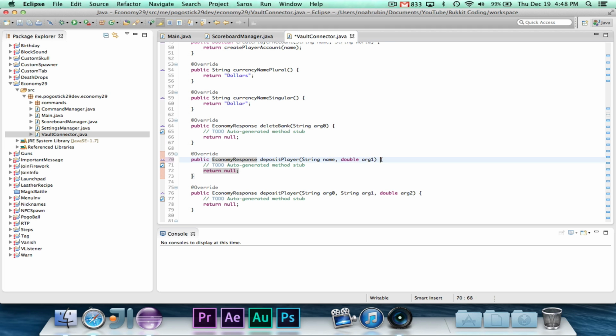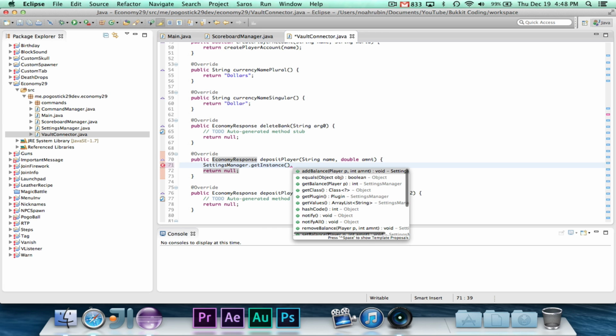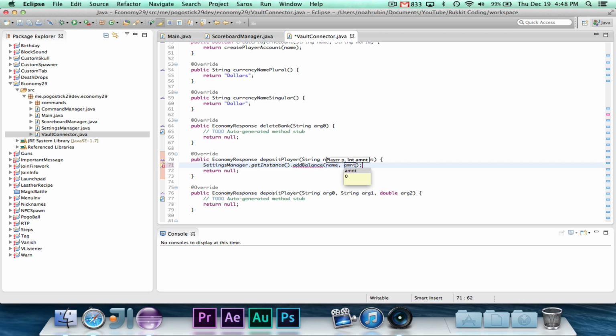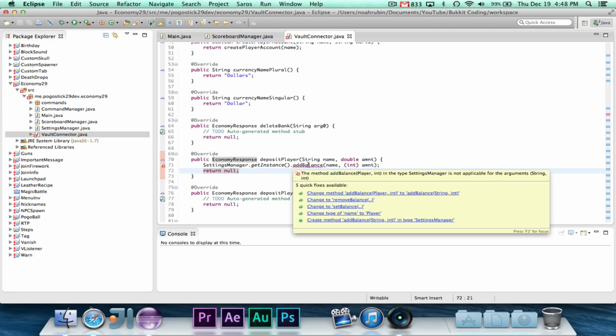So this is going to be String name and double amount. And then we are going to go ahead and say SettingsManager.getInstance().addBalance(name, amount). We need to cast amount to an integer because that's how we're storing it. And then, what's wrong with that? Oh, yes.